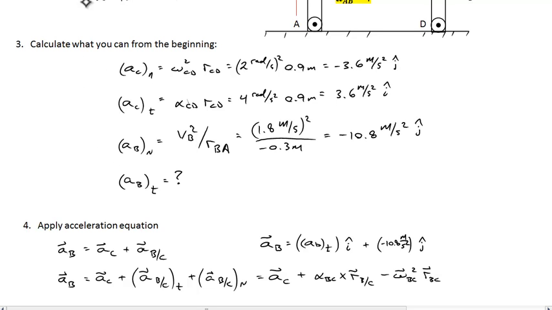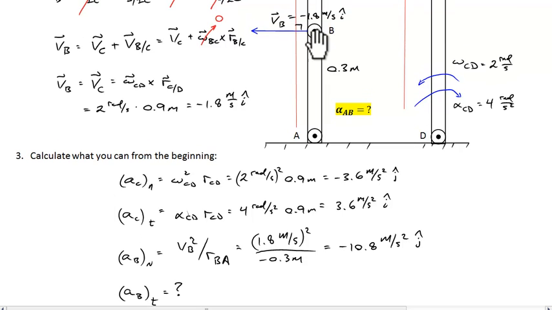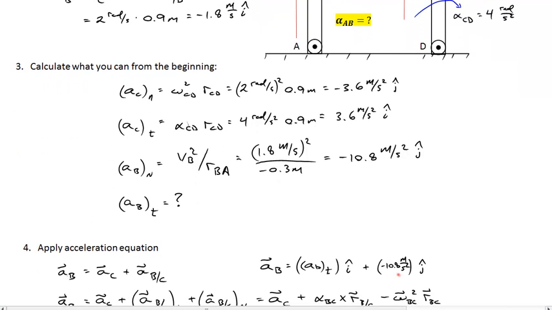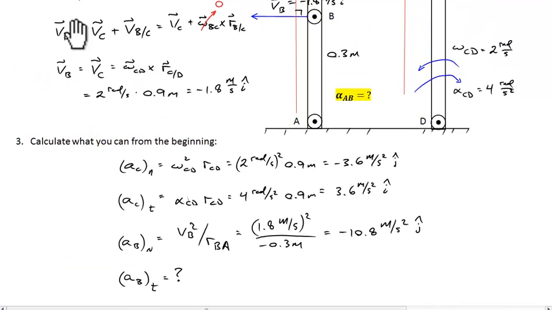One thing I've done is gone between normal and tangential components. The tangential component we know is going to be in the i-hat direction. So for the acceleration of point B, the acceleration in the tangential direction happens to be, in this case, coincident with the i-hat direction. That makes the trigonometry pretty easy. And then in the j-hat direction, the normal component's got to be downward in the